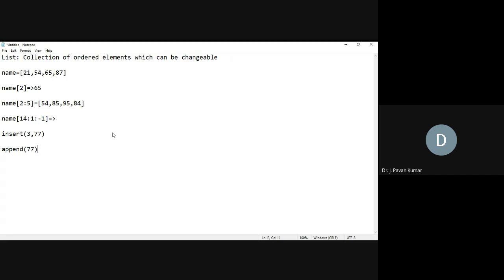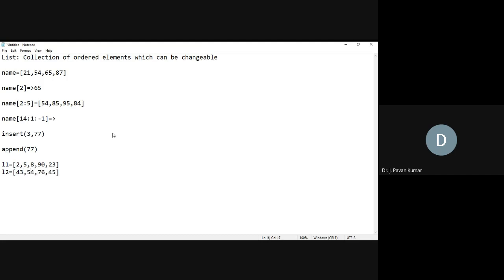Next, we could modify the list. Suppose we are having, let us say, L1 with the elements 2, 5, 8, 90, 23, like this. We are having some elements. Next, L2 we are having with some other elements like 43, 54, 76, 45.